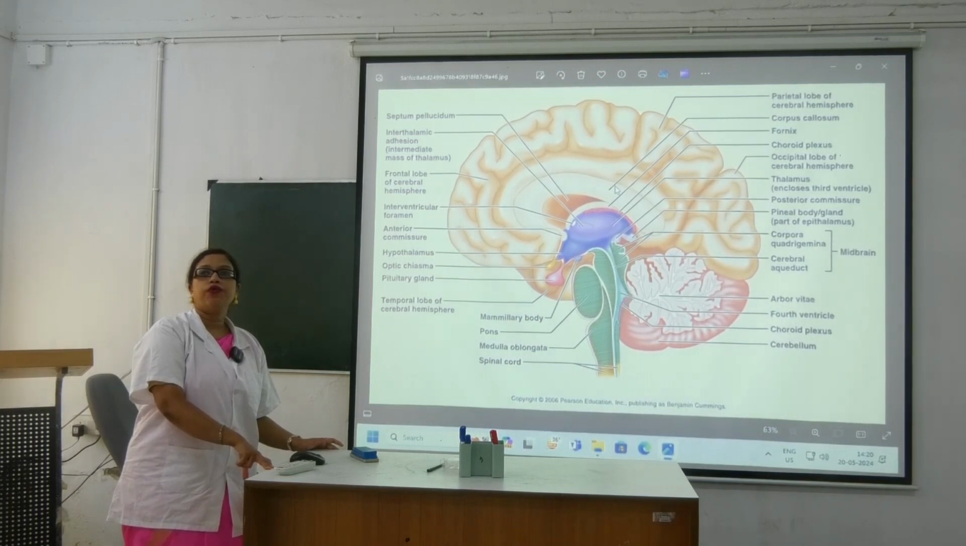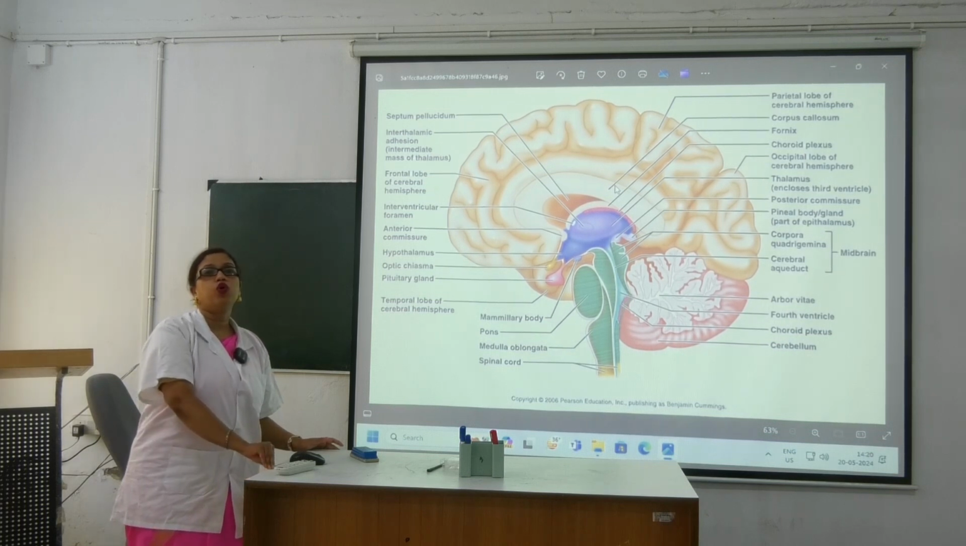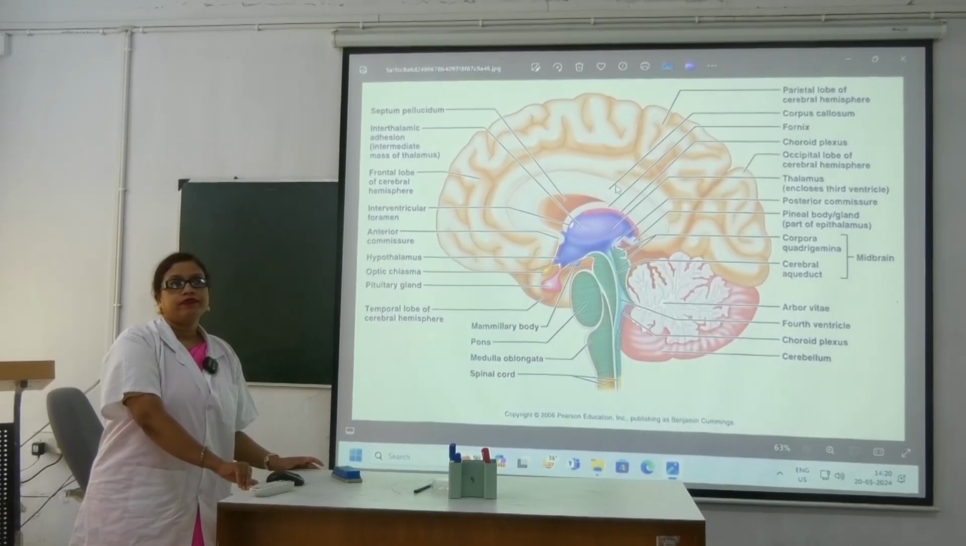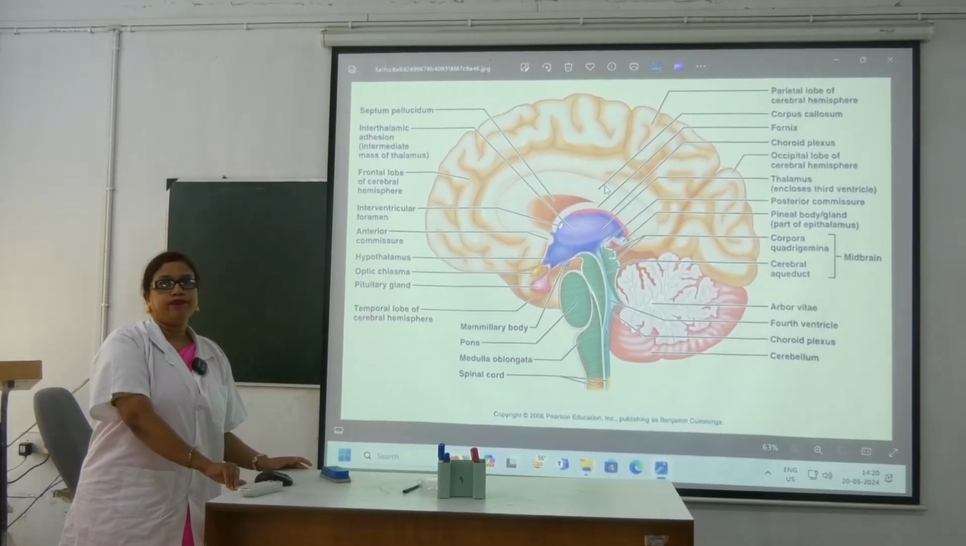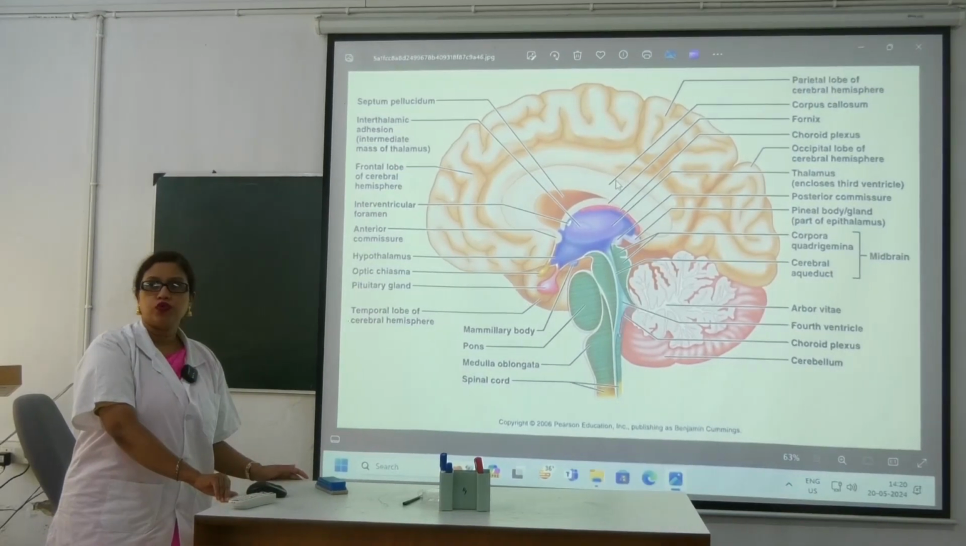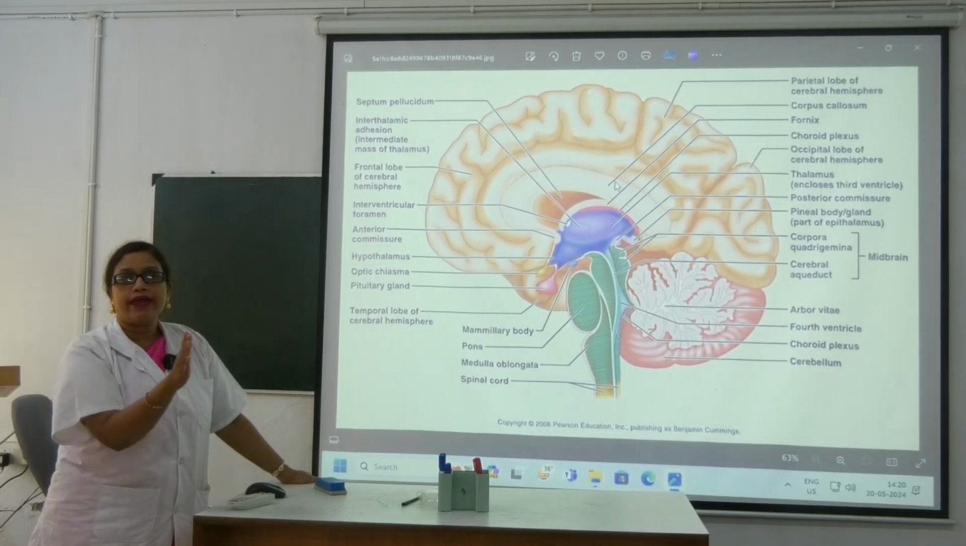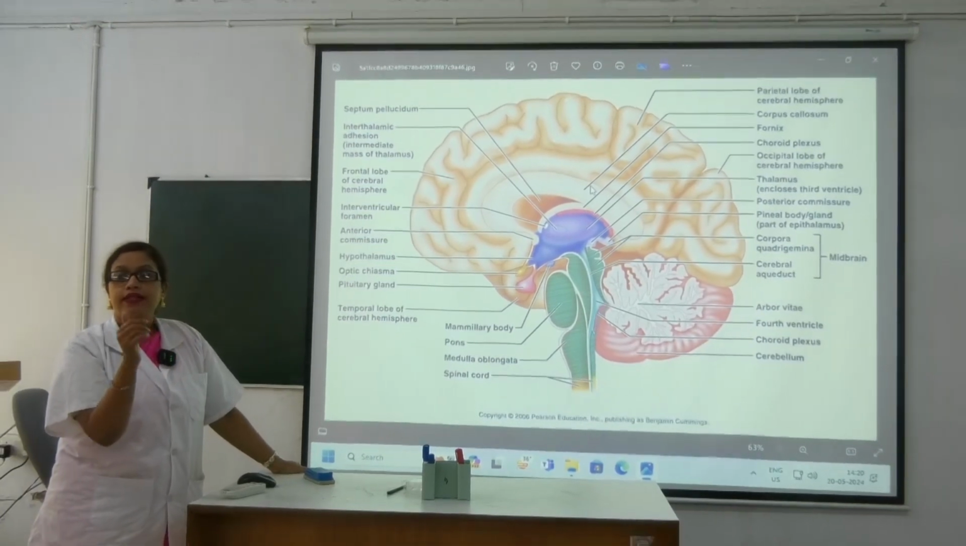And already I told you about one thing, that is about insula. Okay, insula ta interior e thake. Now talking about lobe. How many lobes? Lobes are 5. Okay, 5 lobes. Which are the 5 lobes? Frontal, parietal, then